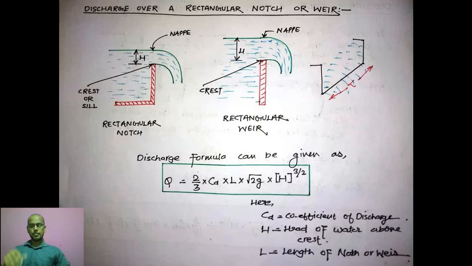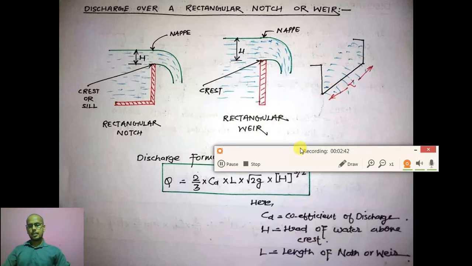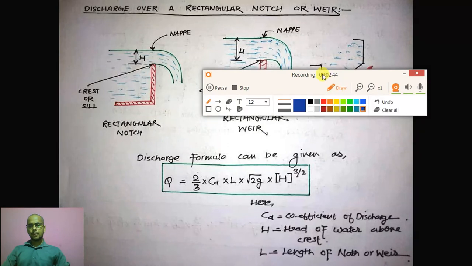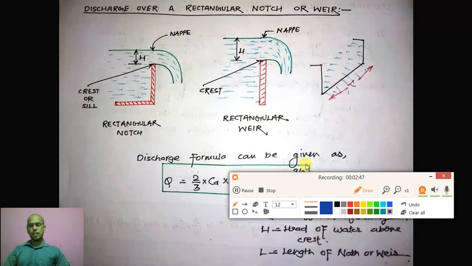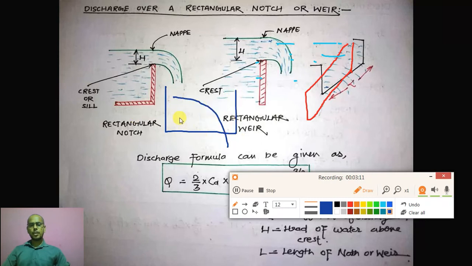As in the diagram, let me show you. When I say a rectangular weir, you can understand it like a rectangular wall which is basically obstructing the flow of water. So in that case this will be counted as a rectangular weir. In the second case you can see the rectangular notch. When you have a section like this and water flows through from here, you can say that this is a rectangular notch.